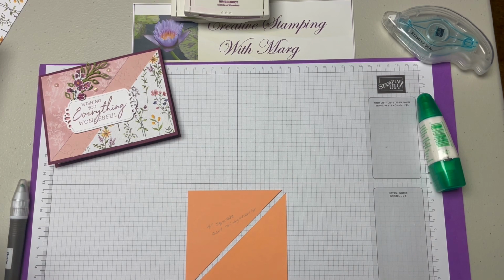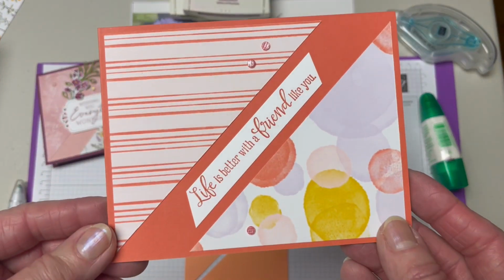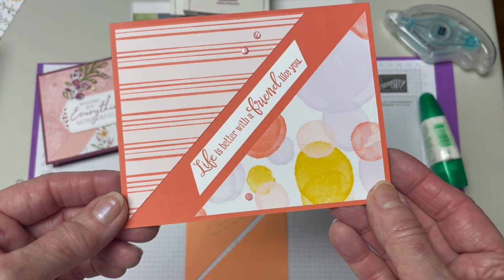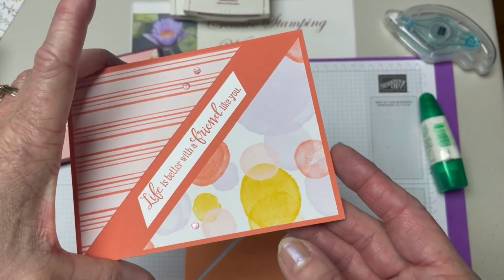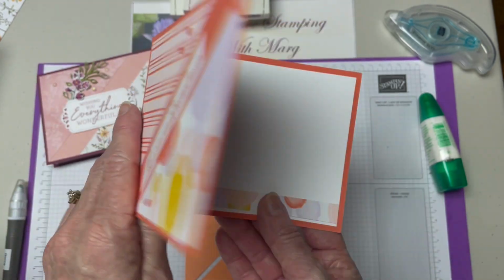Now these cards I've made using retired paper, which you know I use a lot of that. So I'll just show you what happened with this one. Okay, this one is very, very simple. I cut my paper square. I mounted this card, which opens this way,